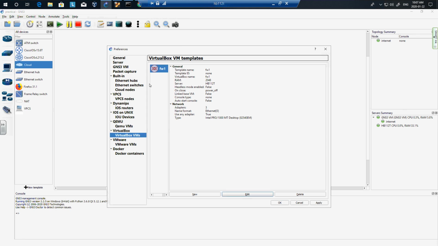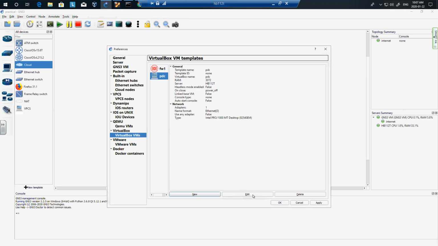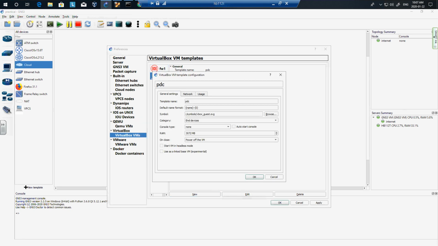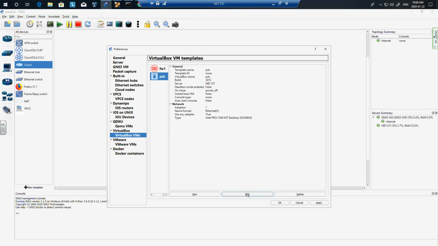While I'm here, I'm going to import the other 2 as well. I'll import my server. It's called PDC, Primary Domain Controller. I'll say Finish. I'll do Edit. The same thing here for the network. Very important. One adapter. We have 1, but allow GNS3 to use it. And the last one,